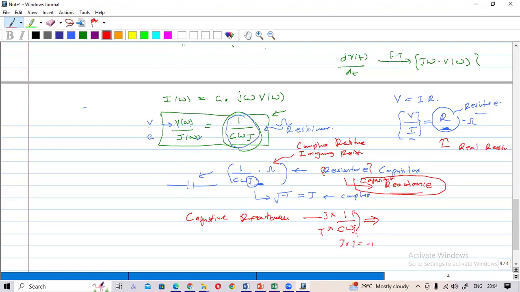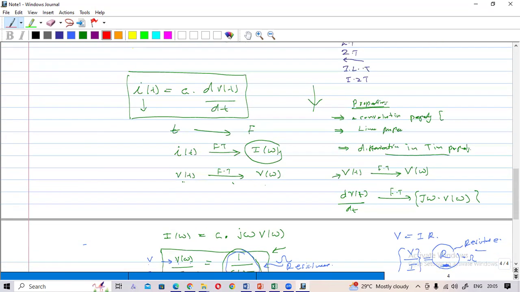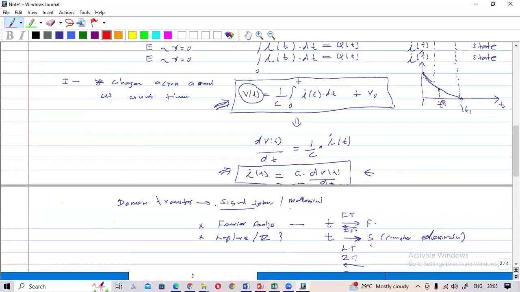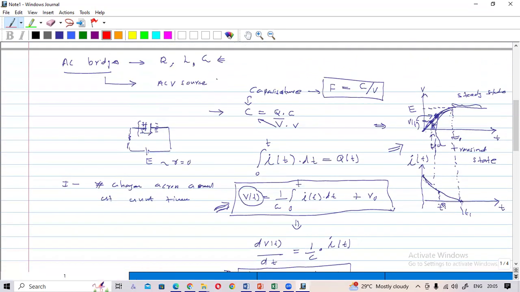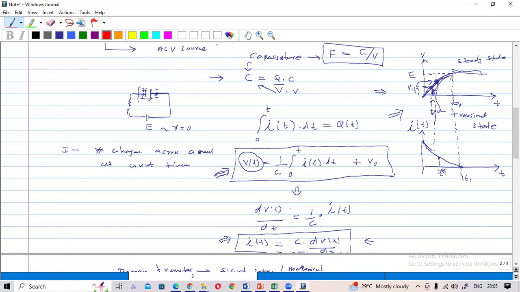So this will be minus J C omega, the same as 1 over C omega J. So this is the capacitive reactance, the resistance created by the capacitor. Now if you consider an inductor,